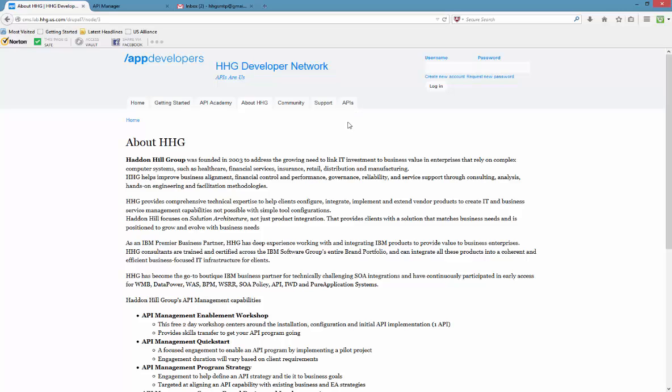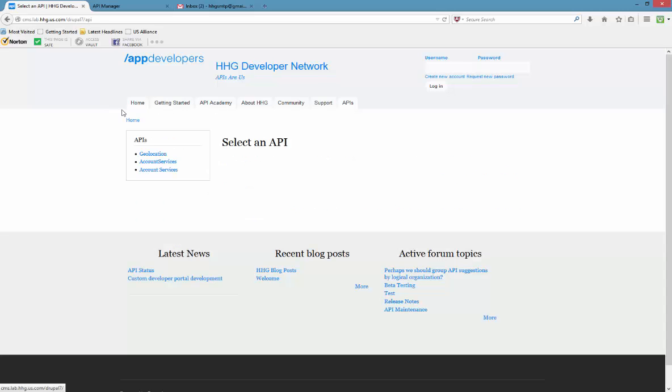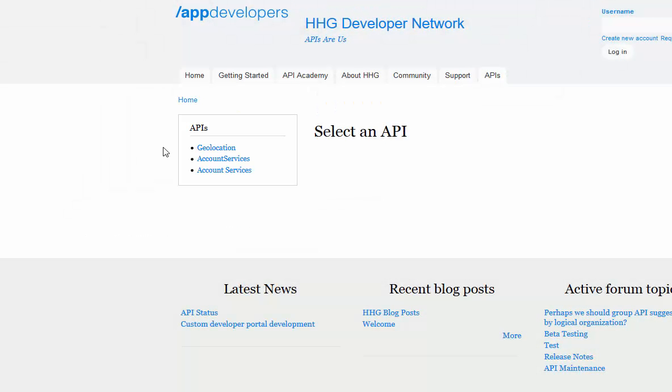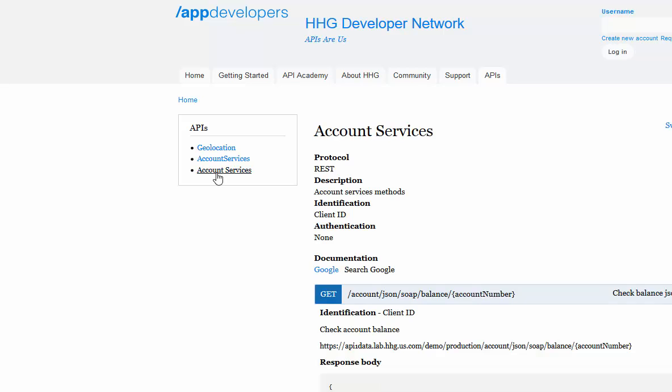Now I want to take a look at APIs and see if they have anything that I could potentially consume on this site. Upon clicking API, I'm presented with a list of publicly available APIs, noting that I am not authenticated to the portal. One of these APIs catches my eye, Account Services, that is what I'm looking for. So I click on Account Services,